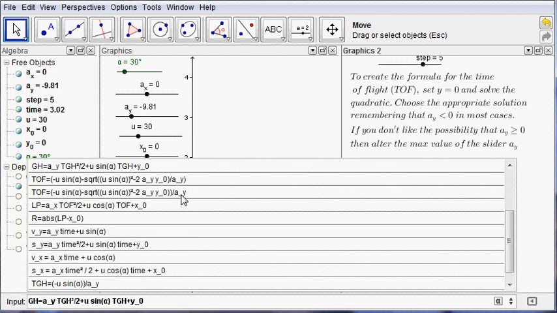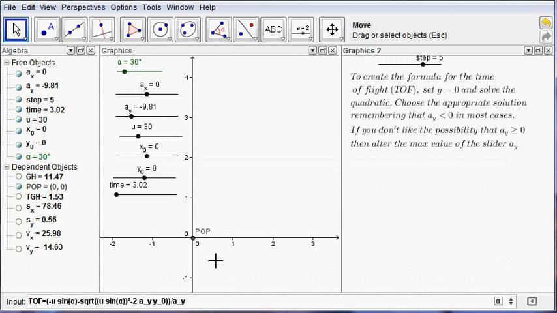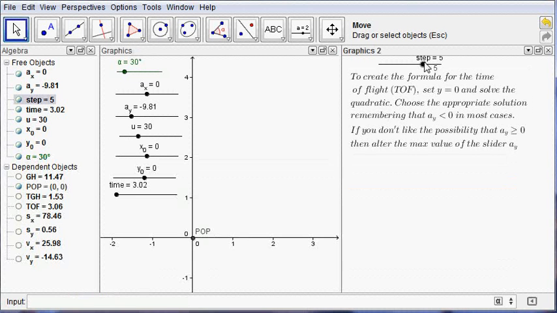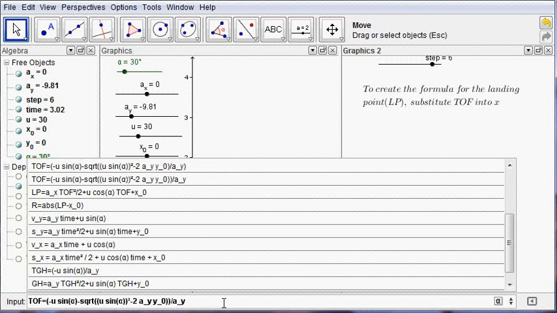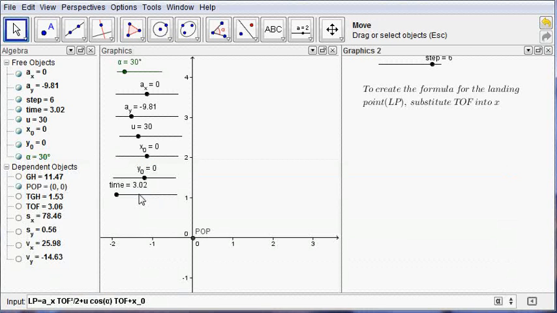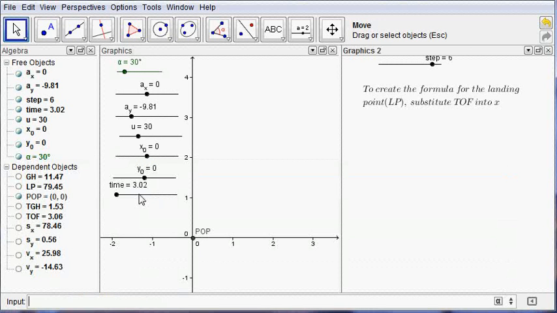time of flight formula, I entered it incorrectly the first time, so I'll have to copy that one there. Okay, and then to get the landing point formula, substitute that time of flight into your horizontal displacement equation. That's that one. And finally,